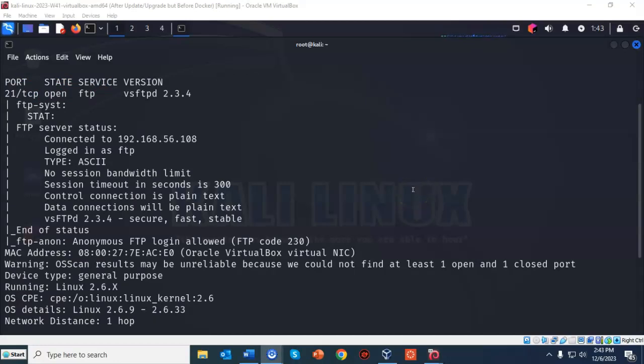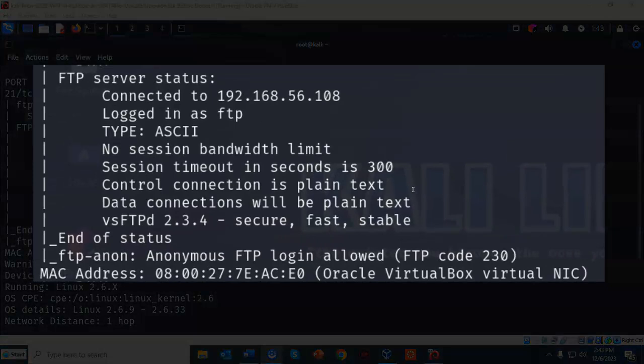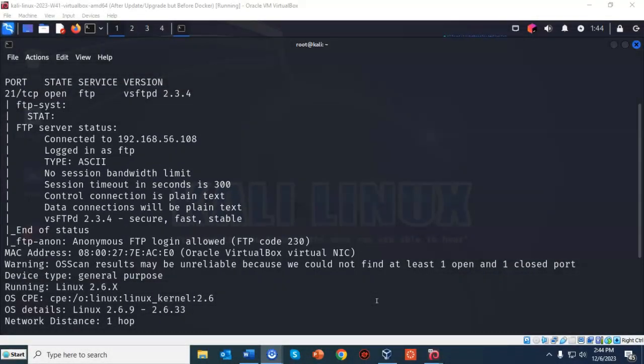We see that the FTP server is running not secured, and that we have a number of vulnerabilities, and one of those is anonymous access, and the anonymous access allowed us to connect using our Nmap scanner. We can refer to the FTP and some other services that are running on this target as low-hanging fruit, and we can see that they're probably going to be exploited without a whole lot of effort, but we're going to keep on with our discovery process and move forward, looking at some of those other services